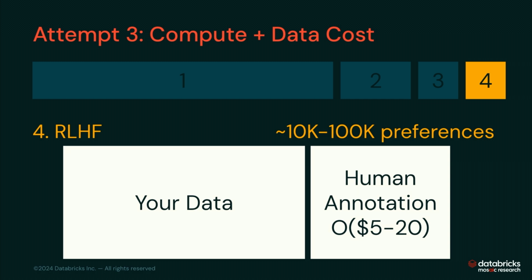Something worth chatting about with folks at Databricks, because we tend to be pretty good at spotting these opportunities. But I found very few folks we've worked with where they've needed to go out and procure a ton of their own RLHF data. They typically have a data generating process internally where, properly instrumented, they're getting those preferences already. Human annotation, I would say, is in the order of $5 to $20, somewhere in that ballpark, so a little lower